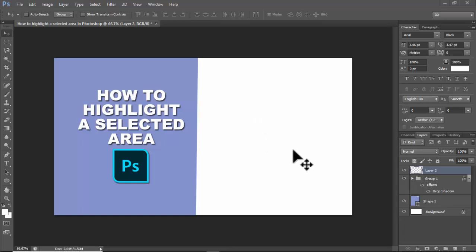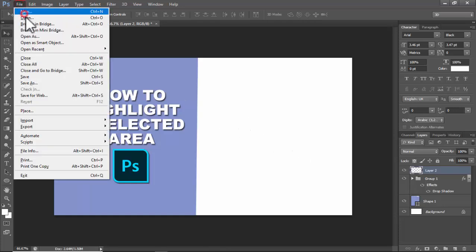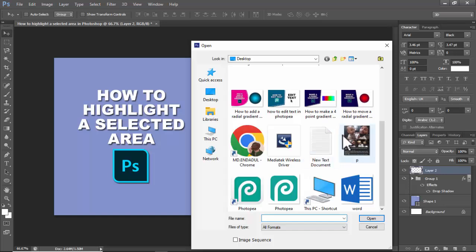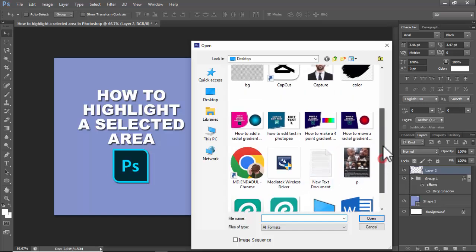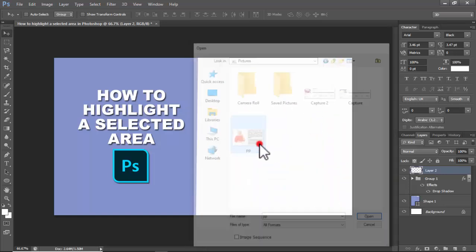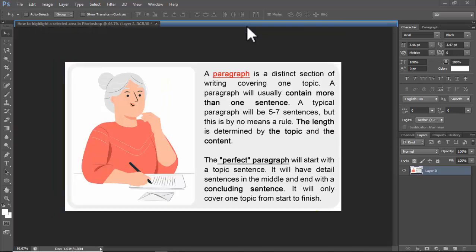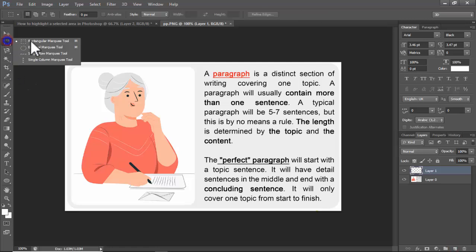In this video, how to highlight a selected area in Photoshop. Let's begin. Go to File, open your document. Okay, then select image and, okay, then again create a new layer and click marquee, rectangle marquee tool